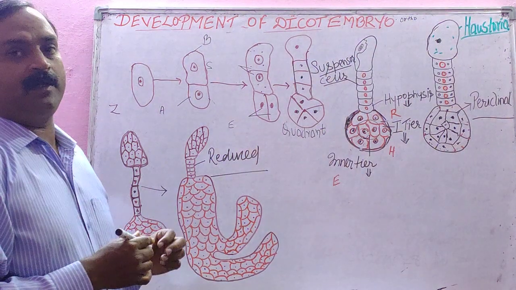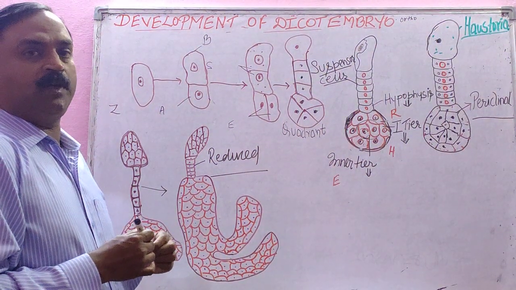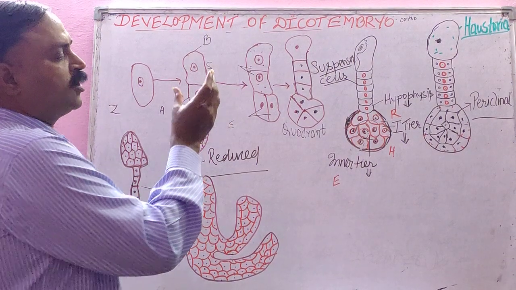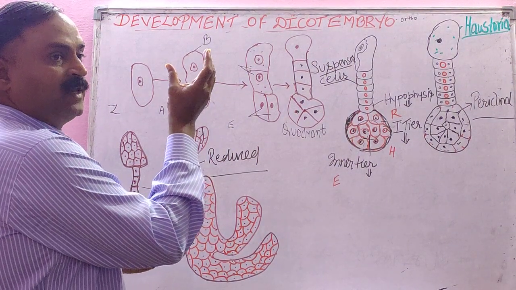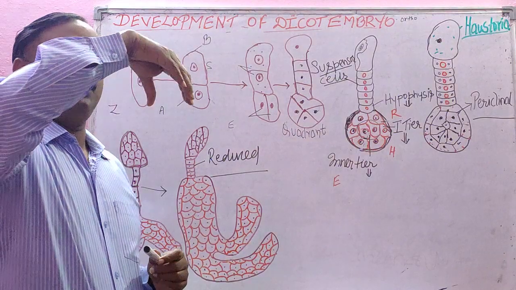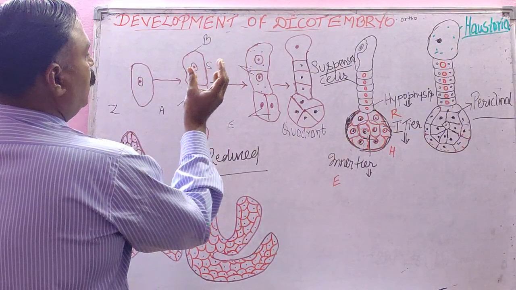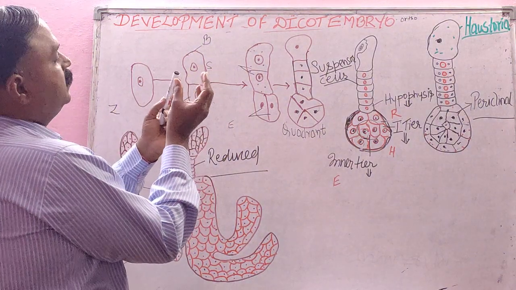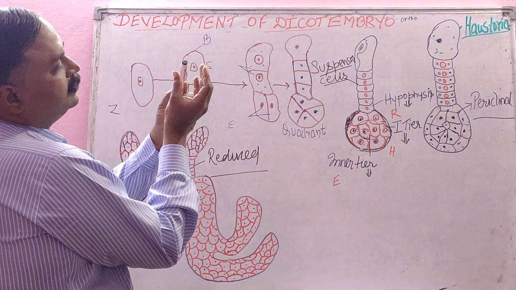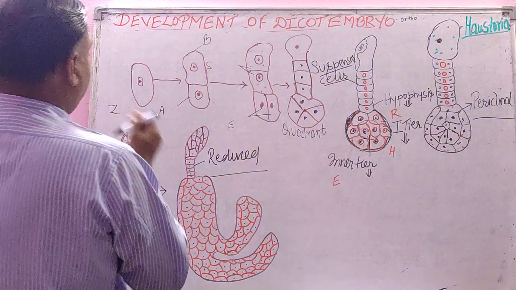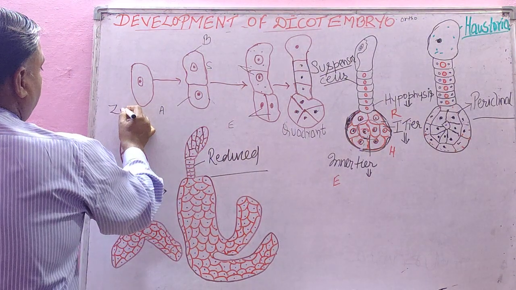Student, this development is shown in an orthotropous ovule. Orthotropous means like this. We have studied the anatropous ovule was like this, but it is the orthotropous ovule. In the orthotropous ovule, this is the micropylar end and this is the chalazal end. So the first step starts with the